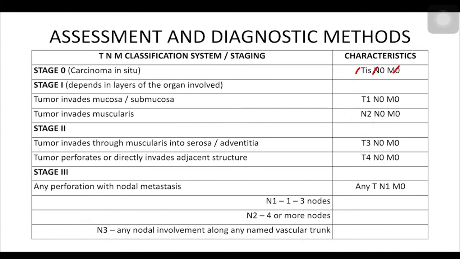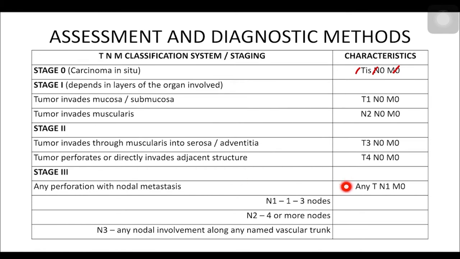What if it's stage 2, okay? You have tumor 3 or T3 and N0, metastasis 0, okay? The tumor perforates or directly invades the adjacent structure. Tumor number 4, nodule involvement would be none. Metastasis is 0. Okay, katulad nung sinabi ko rin kanina, or any tumor size, you have your